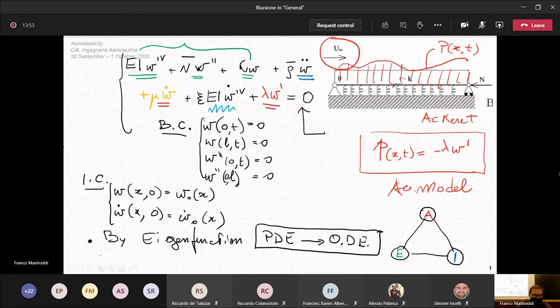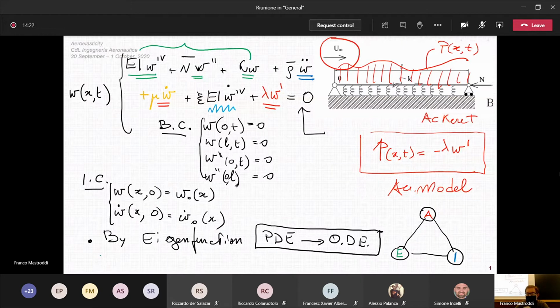The unknown vertical displacement of this structure is the displacement W as a function of x and t. X is this axis here from 0 to L, and time, and W is the vertical displacement of this panel. We are studying this panel as a simply supported beam, but we could generalize this into a plate structural element